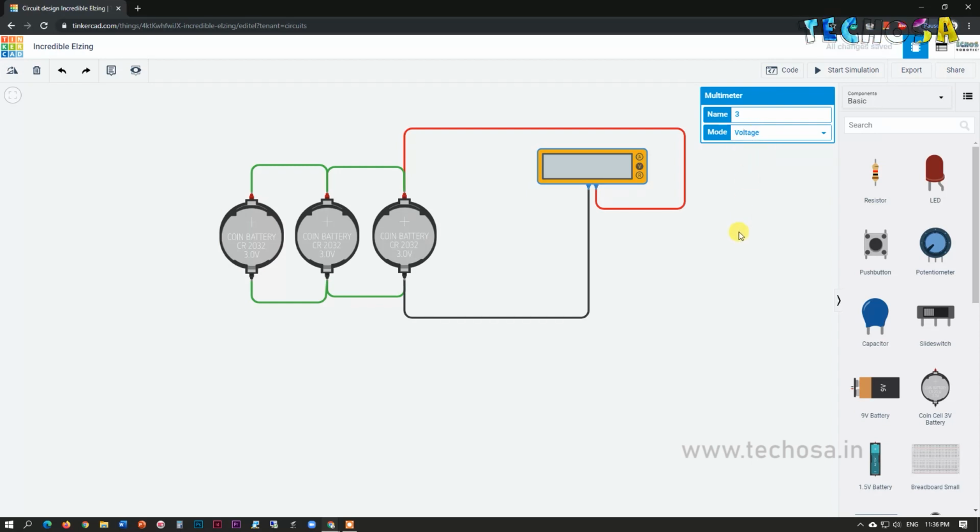Click on Start Simulation. You can see the voltage is still 3 volt, no change. Now change mode from voltage to current. Yes, so current increased from 300 milliampere to 900 milliampere when we connected 3 batteries in a parallel connection.